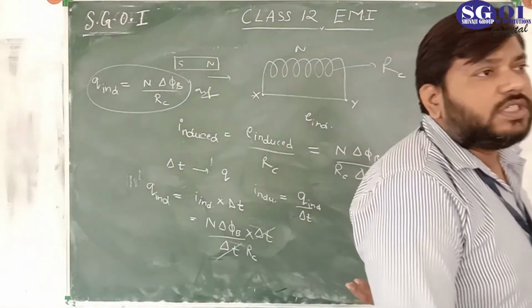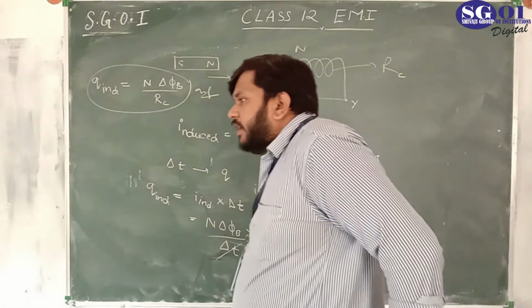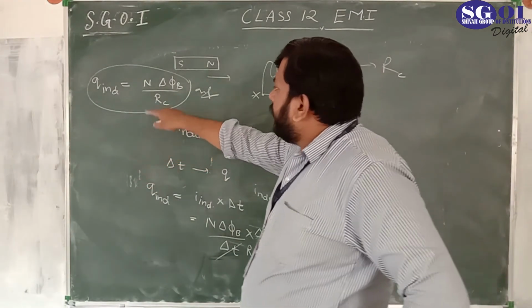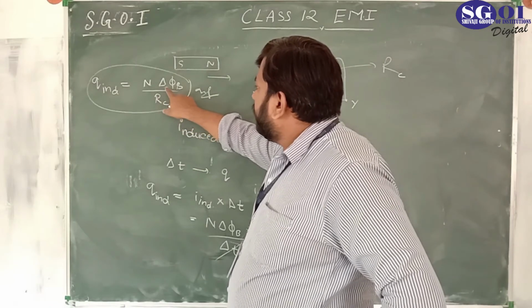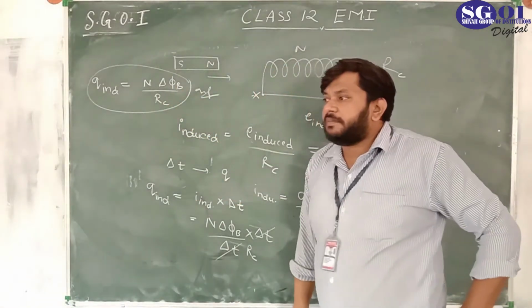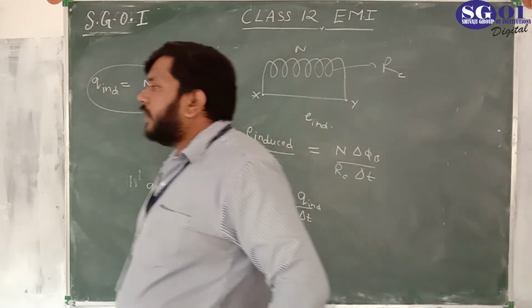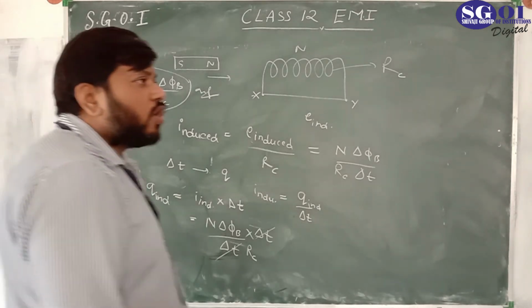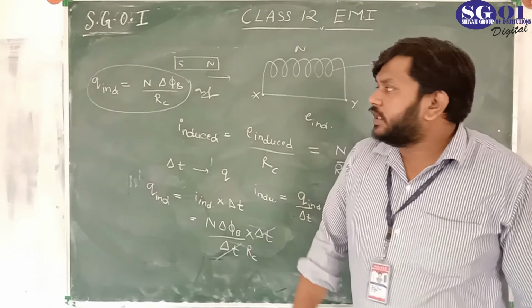What is the induced charge in delta t time interval? You can see here that N is the number of turns, and delta phi is the change in magnetic flux. It is not depending on the time interval. It is depending on the